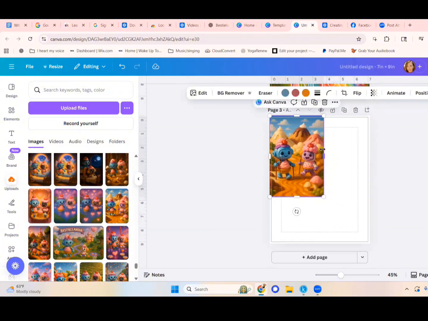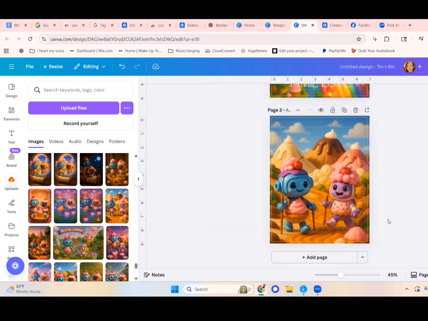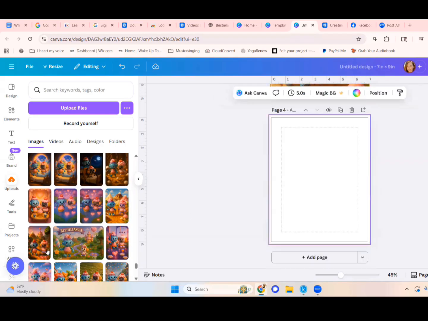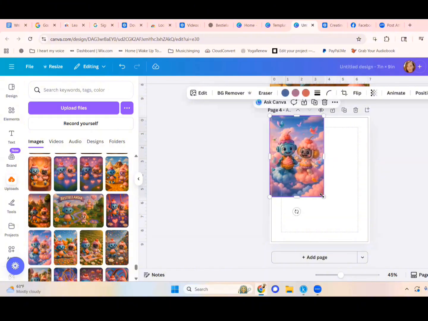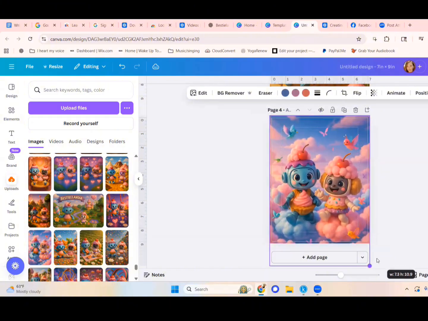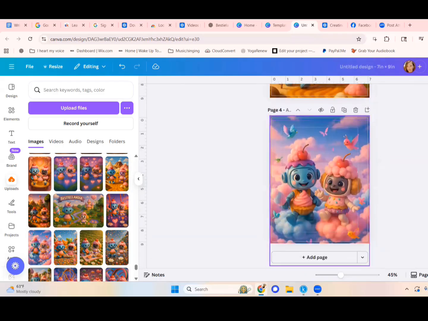Because I created this image like this, there will be one image per page. As opposed to Veggie Girl, which was landscape, where I had to split the image into two sides. But this one, each page will be its own image. I kind of like that better because it's easier. You don't have to mess around with the measurements. You can say, give me the vertical or landscape, depending on how you want to design your book. It's a little bit harder when you have to split the picture onto two pages.